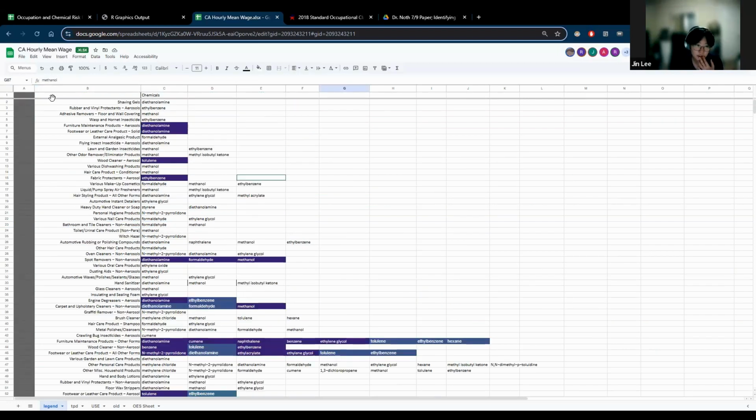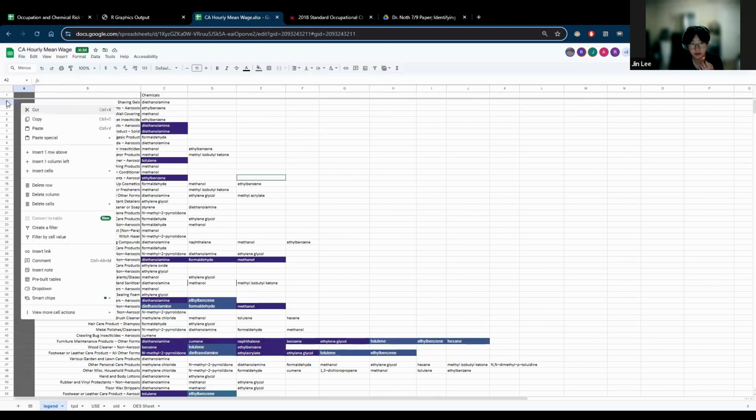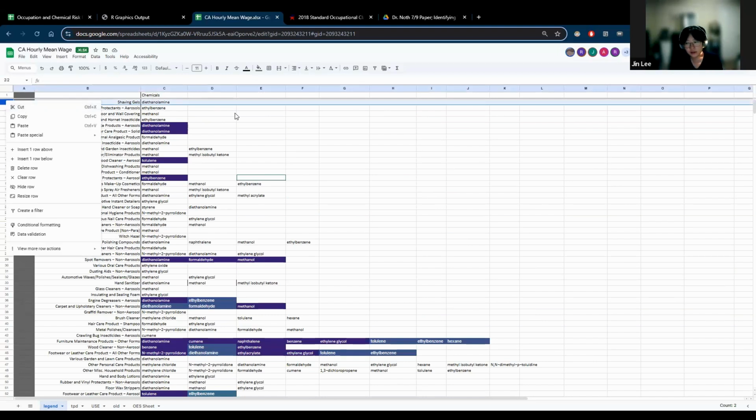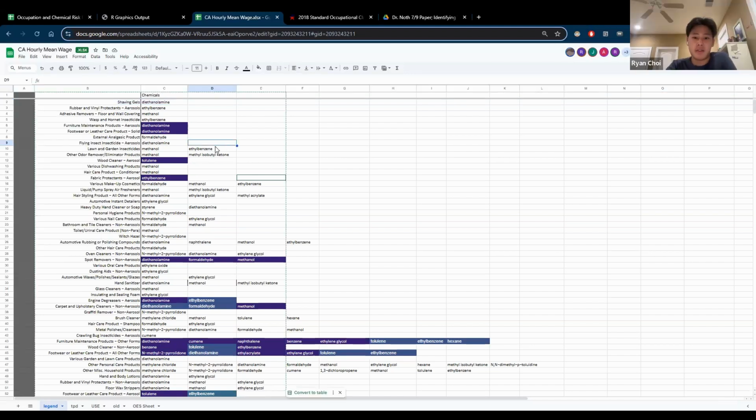And I'm trying to think if we want to include the numbers here as well in the legend. What do you guys think? Do you think that might clutter things too much? I think if we have the time to do the busy work, then yeah, it would be nice. I don't think it's essential.